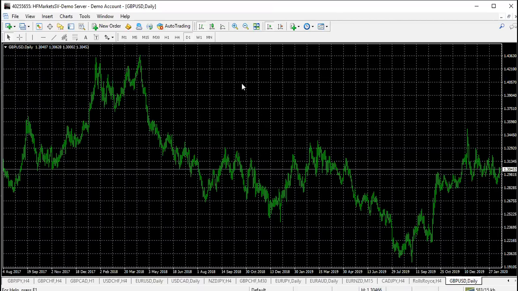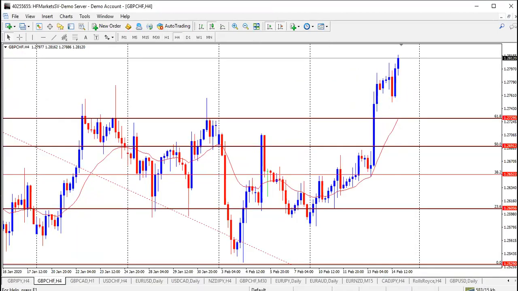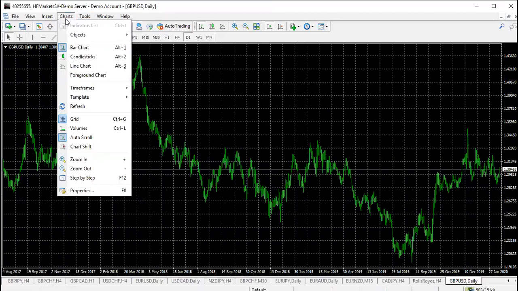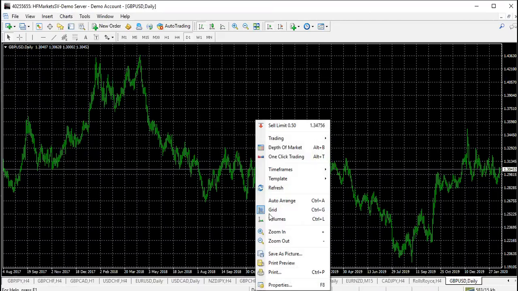It's cumbersome. It's not good. So I said I was going to walk you through how to make it nice, like you always see my chart, or whatever it is you want actually. You might not like the way I set mine, you might prefer something else. So I said there are two ways to do that. You can go to charts and come to properties, or you can just right click and come to properties,